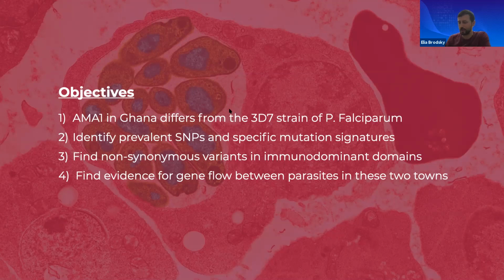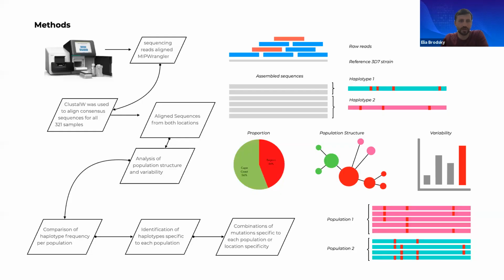So what we did in this project, and I think this is going to be evident how this is similar to the project that we'll be talking about today, is take sequences that already have been assembled from mapping of those sequencing reads onto the reference genomes,